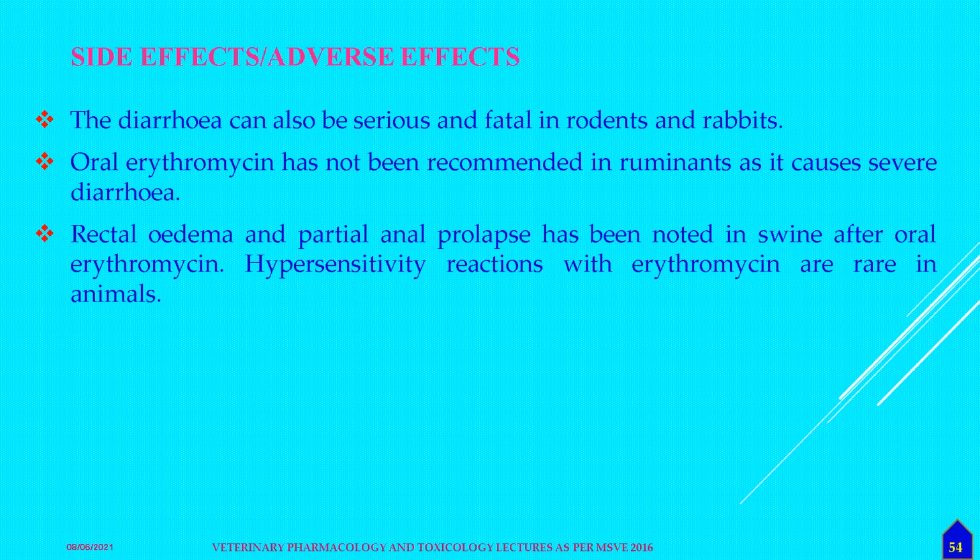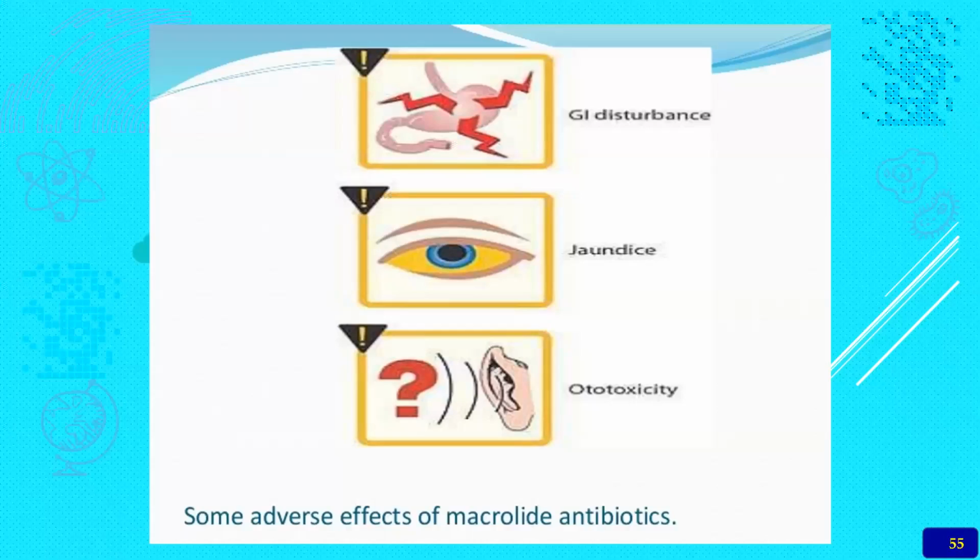That's why we have to know the pharmacology, whether the drug will be orally active or not. It may be orally active in human beings and also in dogs, where it acts very nicely. But in ruminants, if you administer it, it causes diarrhea or abdominal cramps, etc. But one advantage is that hypersensitivity reactions are very, very rare in animals, almost all animals.